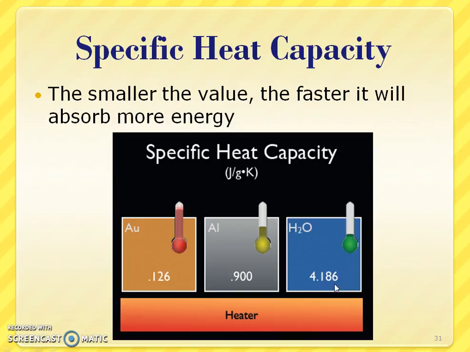It takes 4.186 joules of heat energy to take 1 gram of water 1 degree Celsius hotter. So ladies and gentlemen, the more the specific heat capacity just means that it takes more energy to warm it up. Think about those things. If you're wearing gold in the sun, or if you touch it, ooh, it gets hot right away. But aluminum foil, you can keep that in the sun for quite a long time, and it's going to take a lot of heat energy to warm that up.